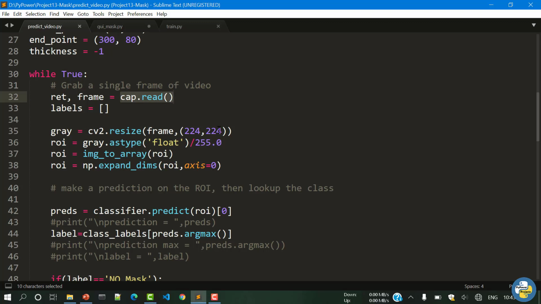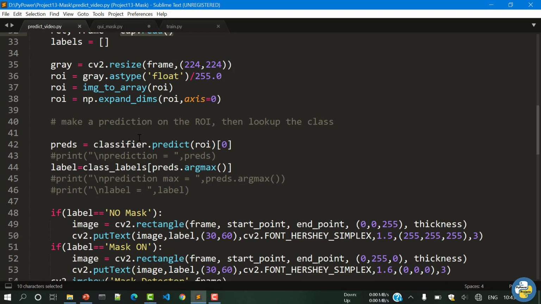Now we will resize it to 224, then we will normalize it to between 0 and 1, and after that we will pass it to our model. Our model will predict which class has more probability, and after that the argmax function will return the index of the higher probability, and based on that the label will be selected.